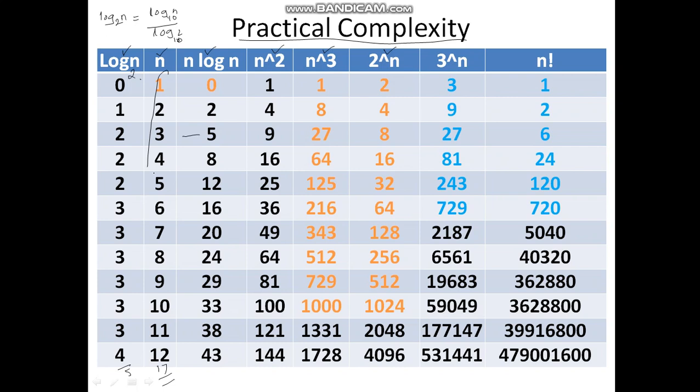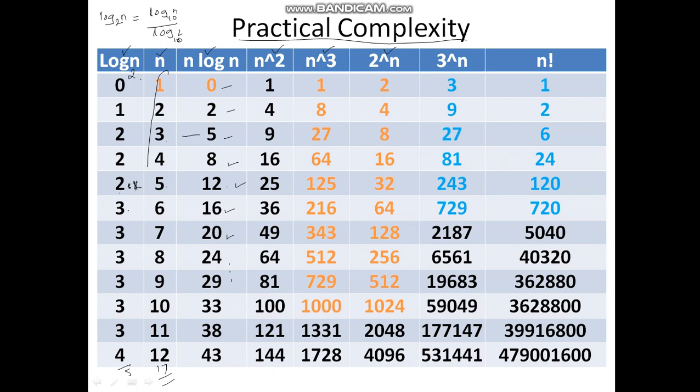Now this is the growth of n, and you can see that log n is the smallest growing function, then n is the next smallest growing function. As n grows, you can see how n log n is growing: 3, 5, then 4, 8, then 5, 12. For n is equal to 5, log n is not exactly 2, it is 2 point something, so otherwise you would have got 2 into 5, 10. Here I am taking only the integral part, but log of 5 is more than 2 point something, and for that purpose it becomes 12, then 16, then 20, and so on.